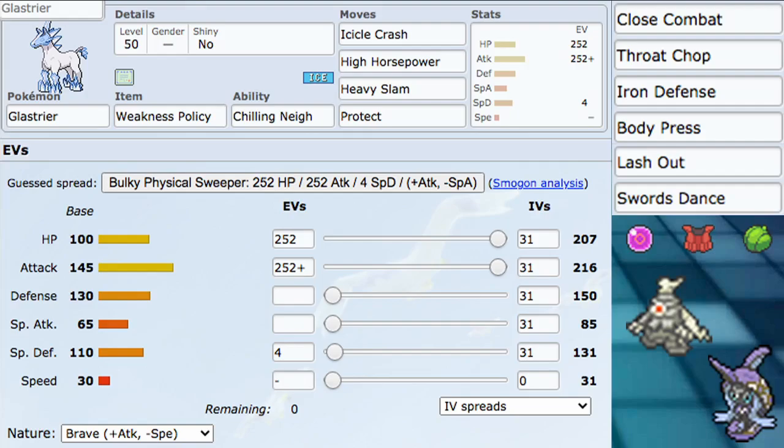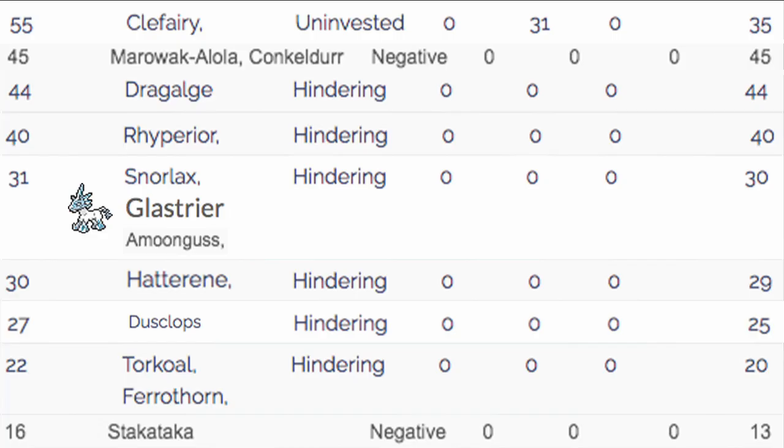Anyway, that is about it for the VGC portion. Let's go ahead and talk about speed tiers, then damage calcs, then single spotlight. So speed tiers, this Pokemon is on the same speed tier as Snorlax and Amoonguss, usually going to be 0 speed. Snorlax sometimes will have speed, but Amoonguss is usually 0 speed, all at 31, which is pretty solid. Getting outsped by a bunch of things in Trick Room, things like Hatterene, Dusclops, Torkoal, Ferrothorn,